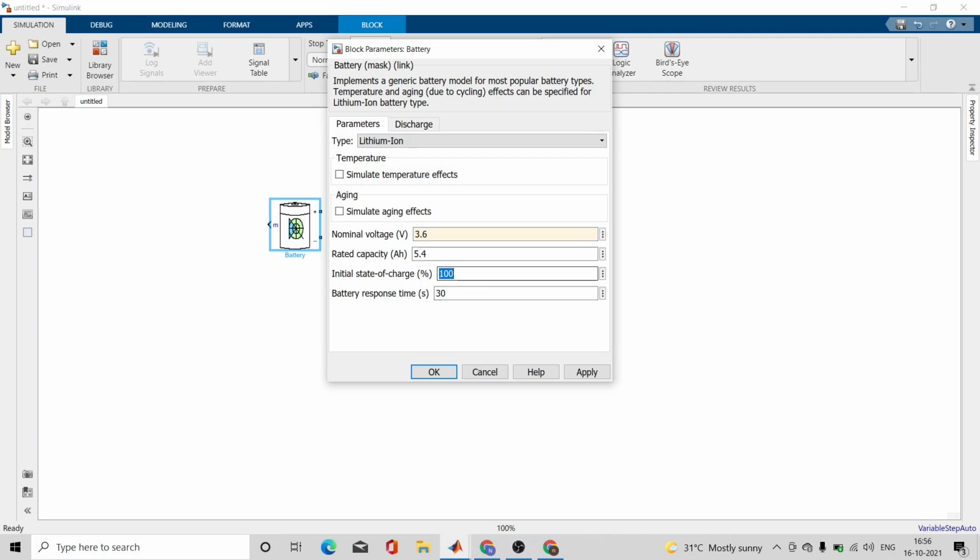Let me give the state of charge as 60%. For battery response type, I want a fast acting battery, so I'll take the response type as 1. And let us take the rated capacity of 4 ampere hour. So it will charge at 4 ampere rate, or it will discharge at 4 ampere for an hour. Okay, apply and okay.